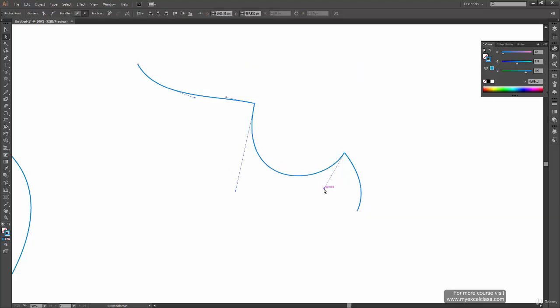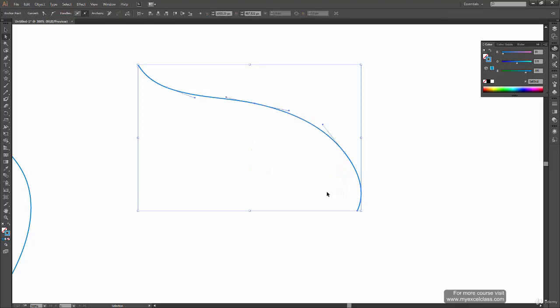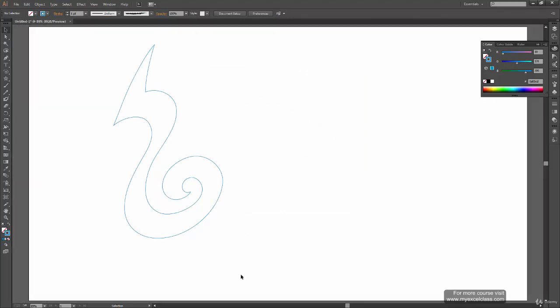For right now, just know how to separate control handles. You can press the Alt key and then left click on your mouse to break that control handle. Once the control handle is independent, again you can operate it with a single mouse click. You don't need to press the Alt key again and again. Okay, so let's delete the shape and come back to our example.